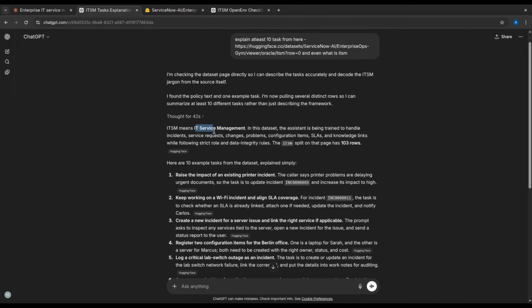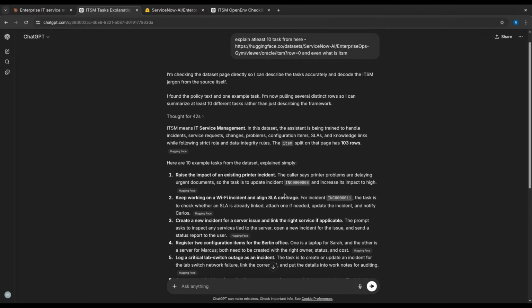ITSM means IT Service Management. In this, the assistant is being trained to handle incidents, service requests, changes, problems, configuration items, SLA, and knowledge links, while following strict rules and data integrity rules. Okay. Prioritize the impact of the existing printing incident.